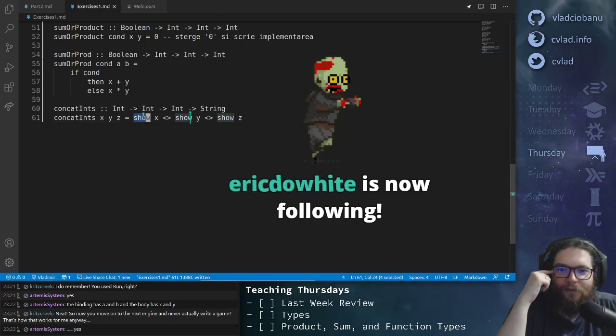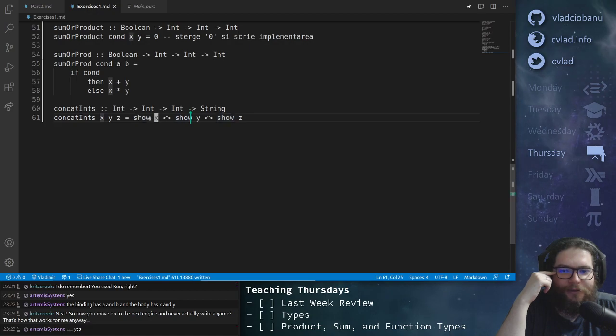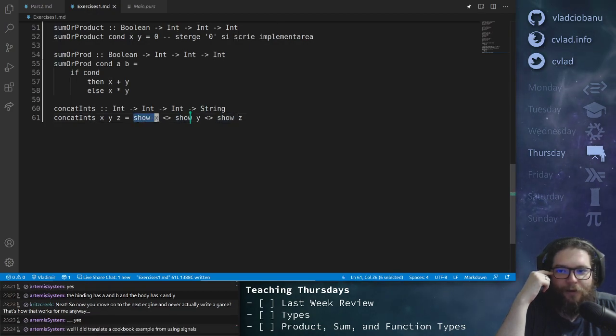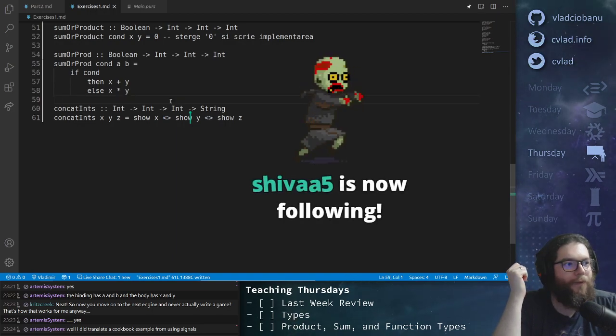Yes, I said that argument binding to a function has the highest precedence possible, right? This always evaluates first, and then if you have multiple operators, so for example, you have